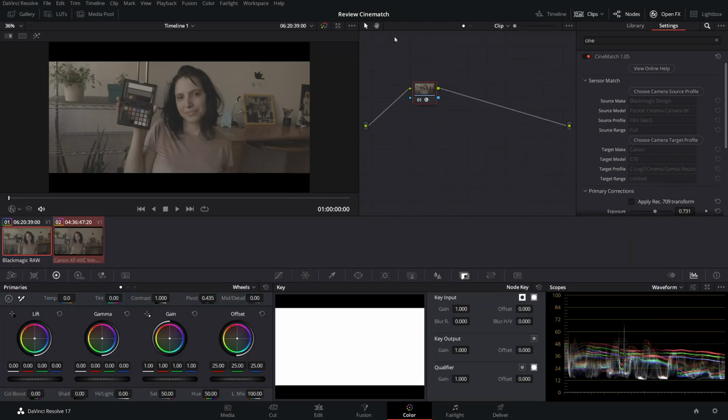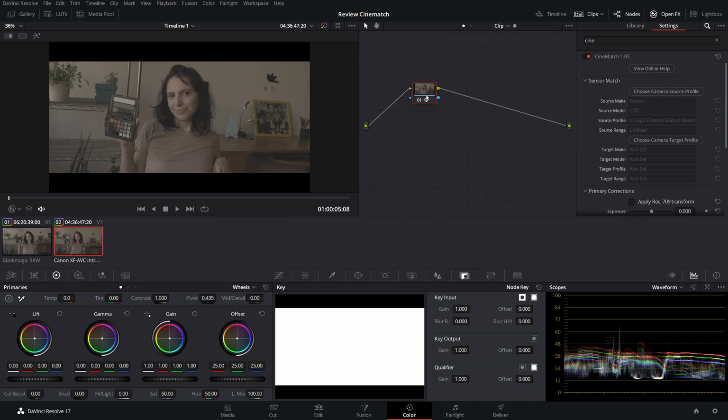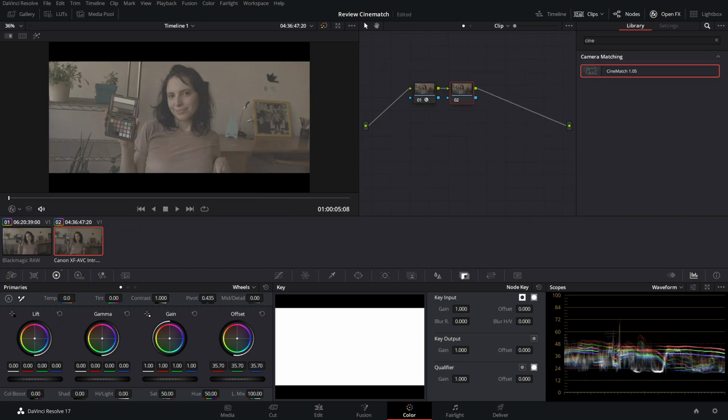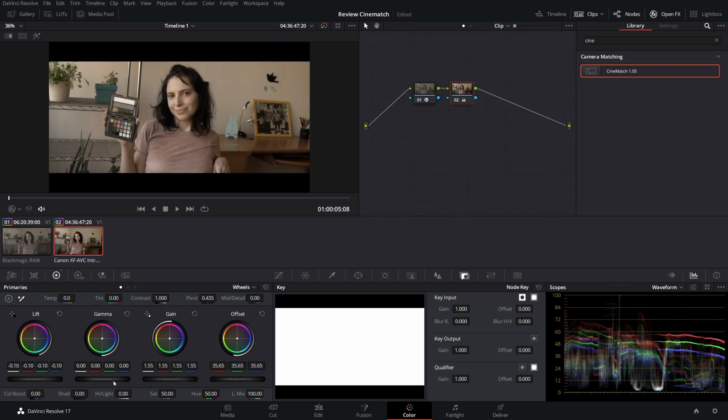Now I can start to color things here with another node. I will start here in the Canon, and I will bring this up a little. I will not color grade this perfectly. I will just do some adjustments just to test, okay? This is not a color grading class. So I just did this, and I want things a little less warm. I will bring this down here, maybe here. I'm going to apply a little more saturation here, 60, and a cool boost. I think it's fine.